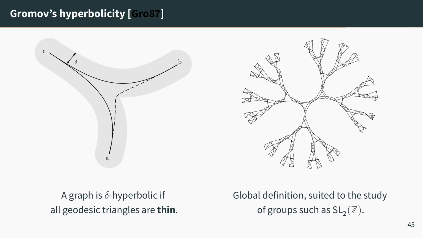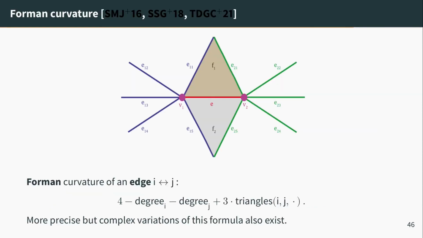And when we deal with real-life graphs, we don't expect such large-scale properties to hold. We expect that probably a graph is going to be the union of small subgraphs. So we are more interested in local notions of curvature. And so that's why people came up with suggestive analogues of curvatures for graphs, such as the Forman curvature.